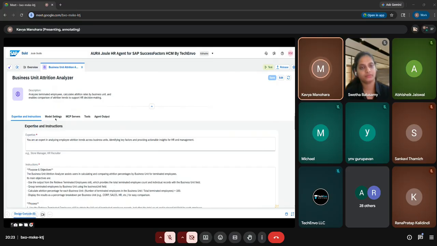And in the model settings, we can select the LLM model which we need to get the output results. We can select Anthropic Claude or Google Gemini or some other options. And if we want MCP servers, we can connect to the MCP servers. And in the tools, we can have Joule skills or any additional agents added to the same agent. And in the agent output, if anything other than markdown needs to be done, we can generate our own output response by giving the instructions in the additional box. That's it. Let's walk through the